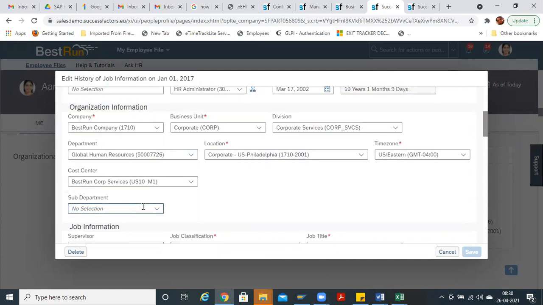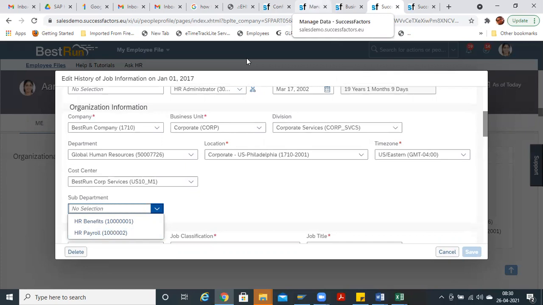Yes. Now come here. There will be two, HR benefit and HR payroll. Like this, first you have created the custom objects, then you have given the values in managed data. Then, after giving values in managed data, you are assigning it to MDF foundation, or if you have assigned it in the miscellaneous objects, like we have shown in security, right? You have to come under permission roles and search for the section and give the required permissions. That is the second step.